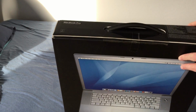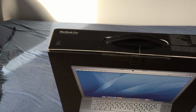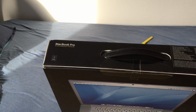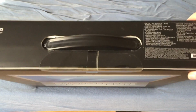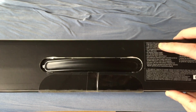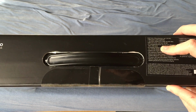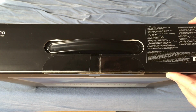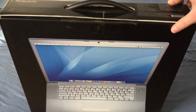And by the way, let's just take a look here. I'm actually not sure whether this is the original box or not, because this doesn't describe the model that I ordered. This says Intel Core 2 Duo 2.16, but in the pictures it said it was a Core Duo model with 4 megabytes level 2, 1 gigabyte RAM. Well, I ordered the original model, which would be the Core Duo model, so I guess we'll have to find out. Maybe this was a box for a later model, I don't know, but